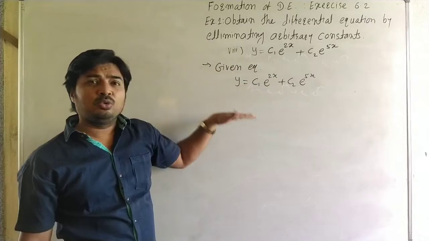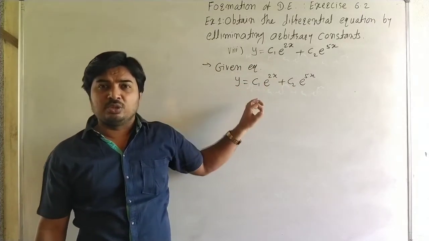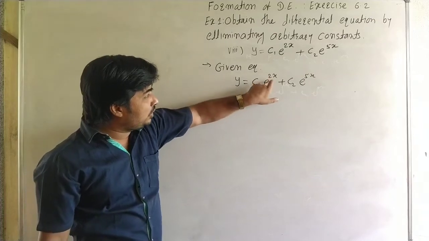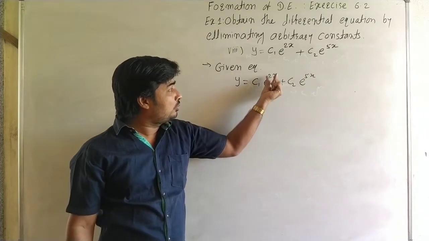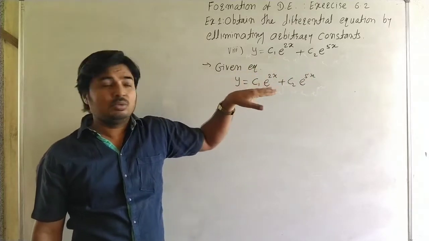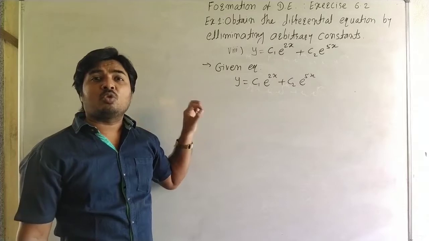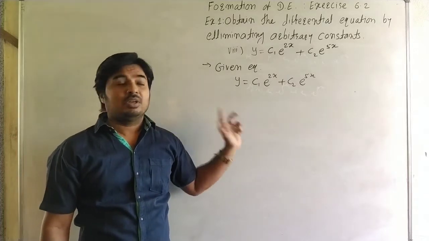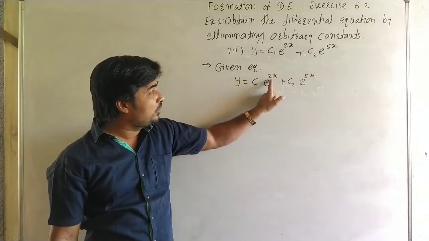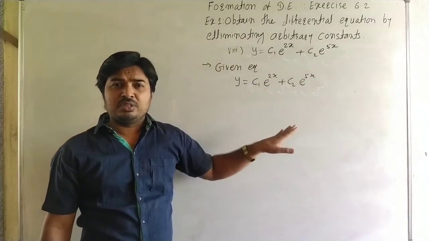Here we differentiate two times because the arbitrary constants are the two arbitrary constants c1 and c2. But here the powers of e are different. So if we differentiate two times, then we cannot take common as in the last lecture's example. Last lecture's example had 5x and minus 5x. So we differentiate two times,